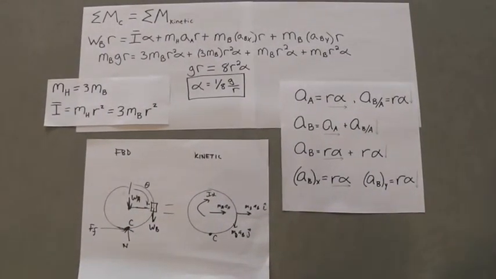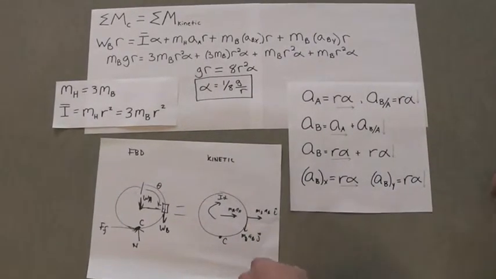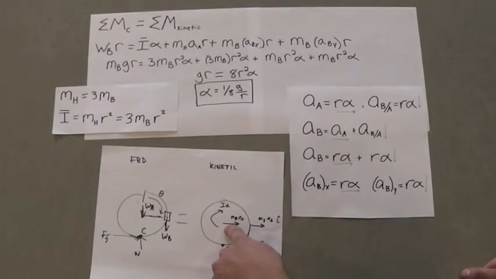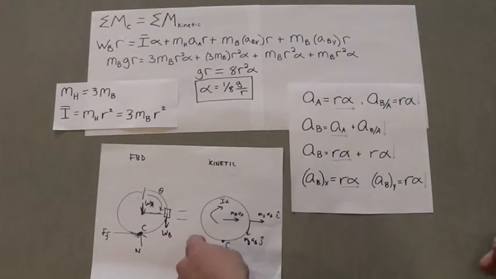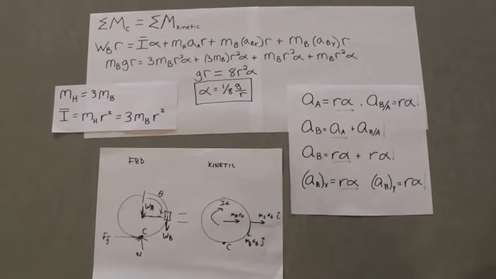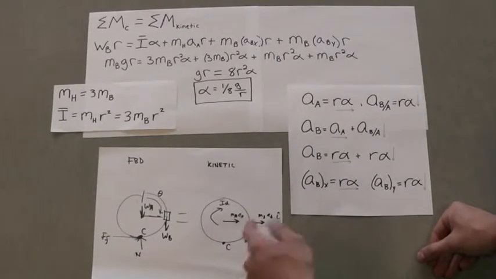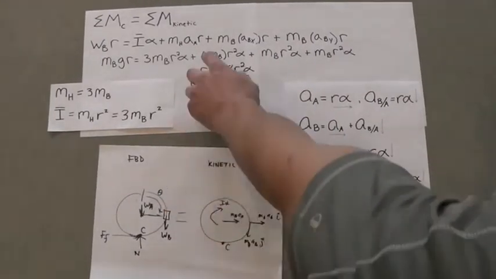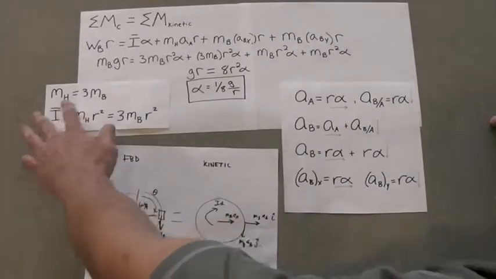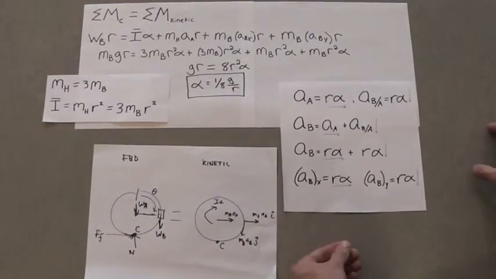And for the kinetic diagram, we have the components of acceleration at point B right here, with the only x component of acceleration at the center of the hoop, as well as the moment of inertia times the angular acceleration, which acts over the entire hoop. All of these quantities, with the exception of the moment of inertia, are also a distance of r away from point C. As you can see, we added r in here, and this can all be equated to all these values here, which we inserted from these two, and we simplified using these